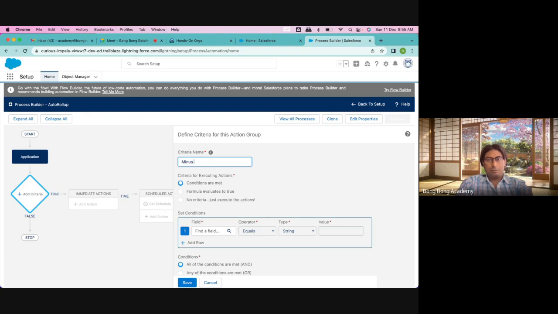Auto roll up নয়, নামটা অন্য নেওয়া উচিত ছিল। মাইনাস নিয়ে যাও, হয়ে গেছে।